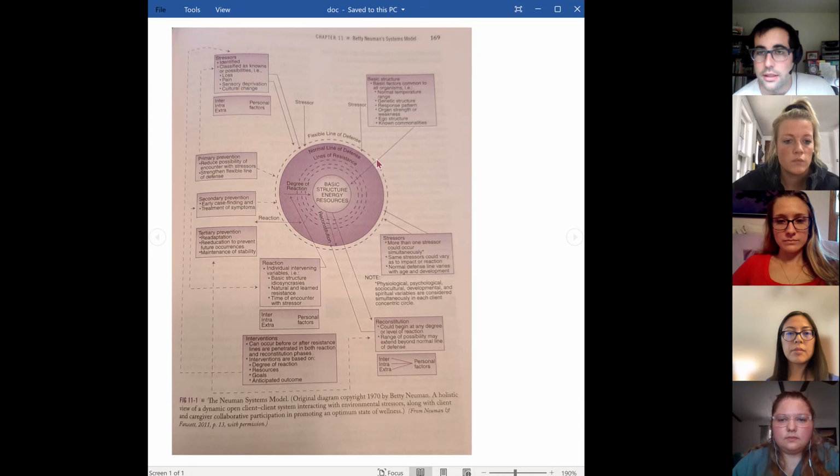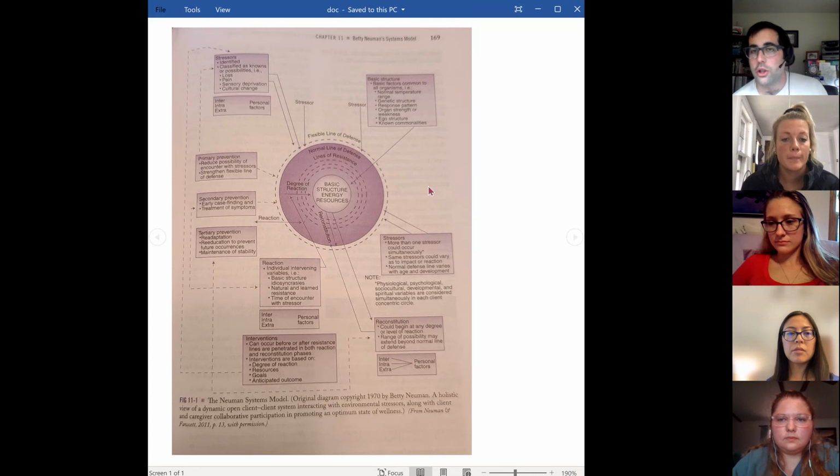The client system is acted upon by its environment, which includes internal and external stimuli, and those stimuli can include stressors. So if a stressor penetrates one of those lines of defense, then the client system is going to experience a variance from wellness and stability, which are sort of the homeostasis of the system. If the stressor and the variance progress, they can become an illness if they're not corrected, and an illness can cause